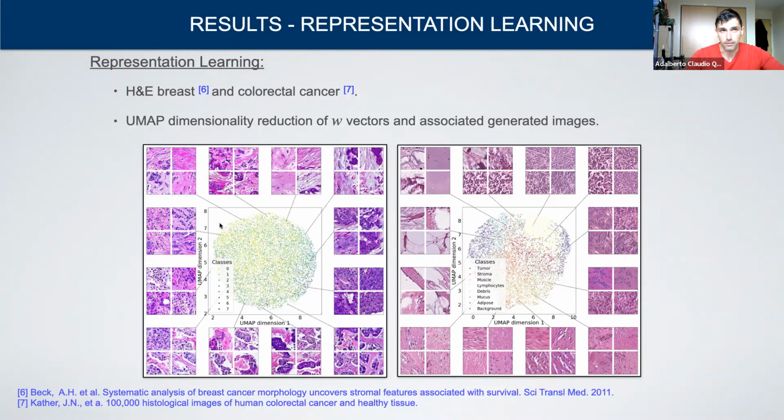You can see here that going from this point, if you take a diagonal going to the right, it increases the number of cancer cells. You can visually see that from this point until you get to the most cancerous tiles in here, which are densely packed. And then for the colorectal cancer,